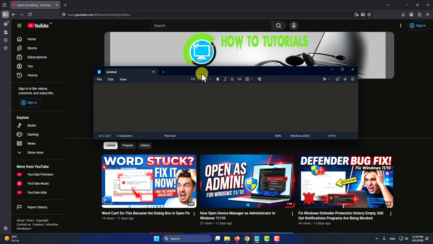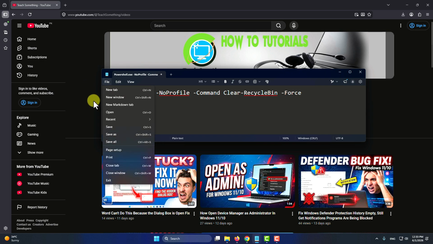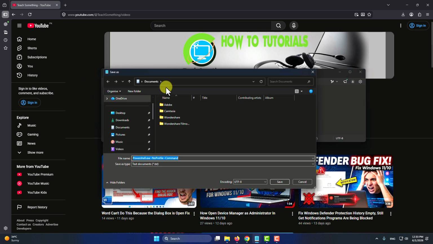After opening Notepad, first of all type PowerShell.exe space /noprofile space /command space Clear-RecycleBin space /force. After that, click on File and click on Save, and select a location such as